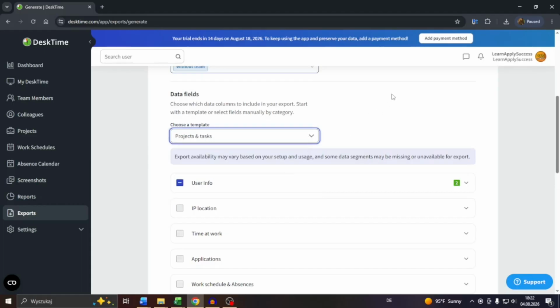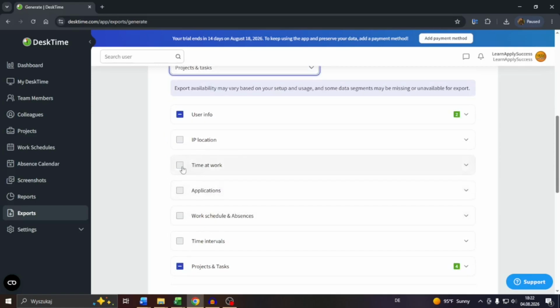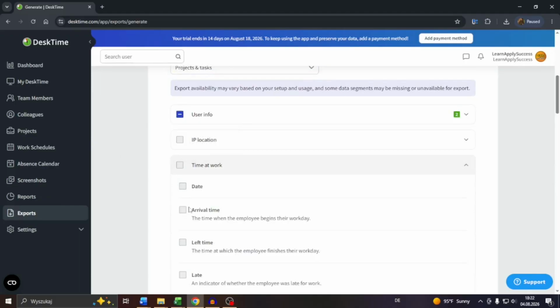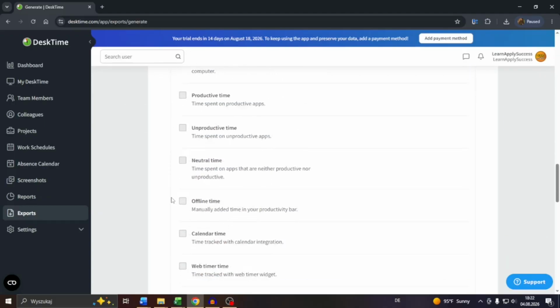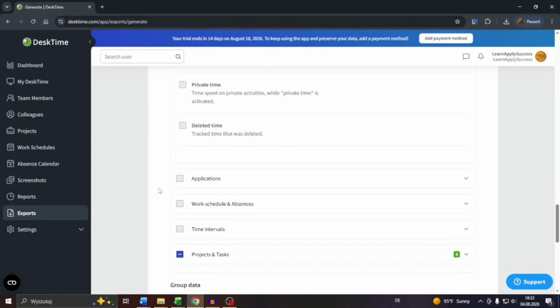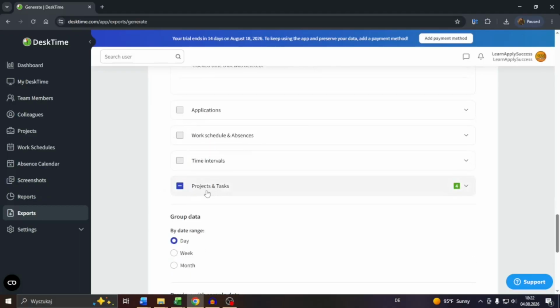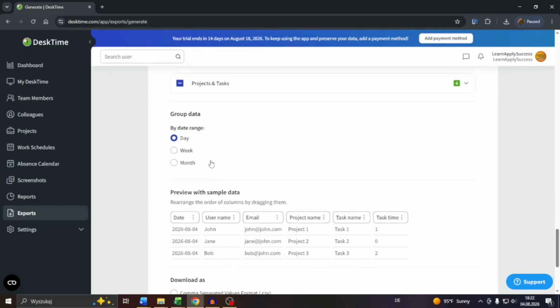And then go through these elements here, right? For example, time at work, arrival time, and so on and so forth. You can go with these, and check or uncheck the ones you would like to go with. I will go with projects and tasks, and then you can sort the group data by date range, day, week,